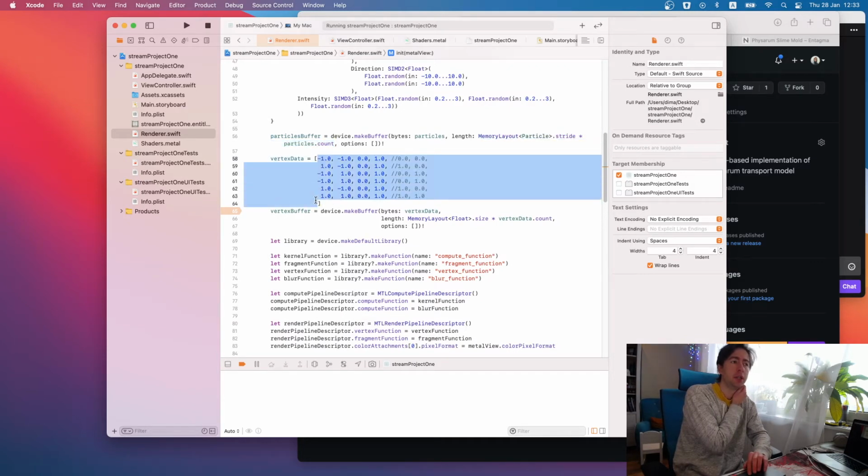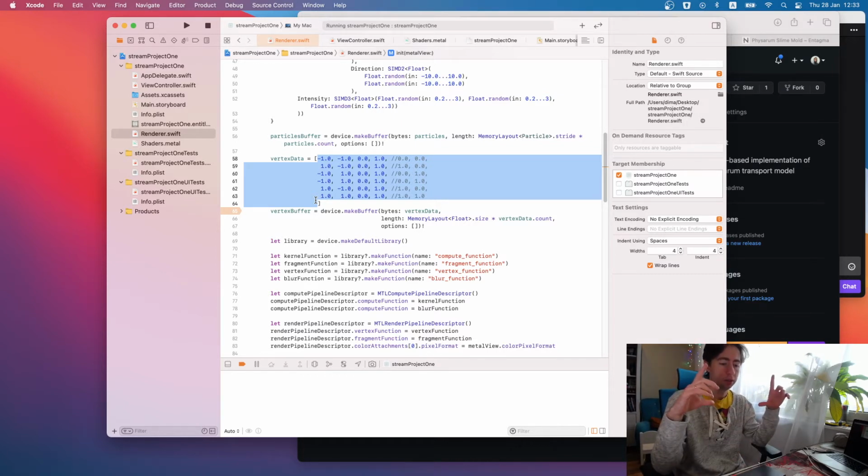Vertex, as we saw yesterday, those are for creating basic two triangles to form a plane where we will draw a texture that we generate with compute shaders.